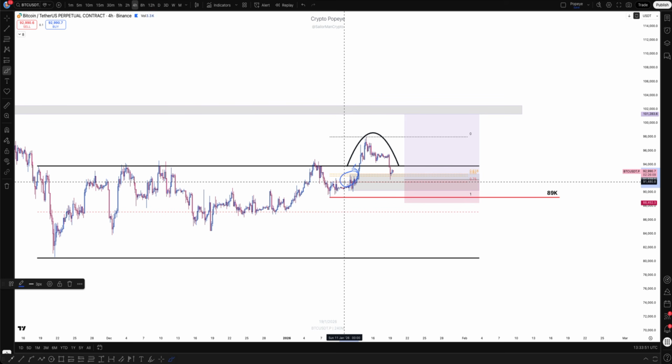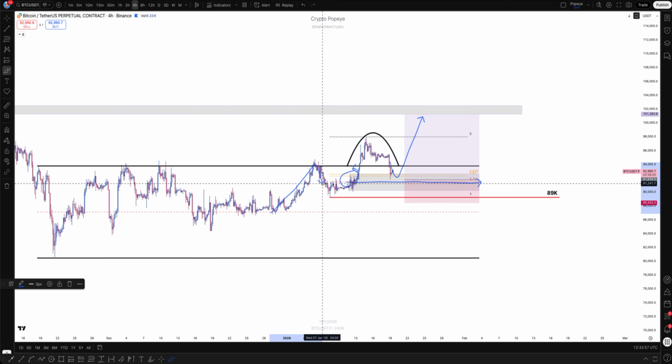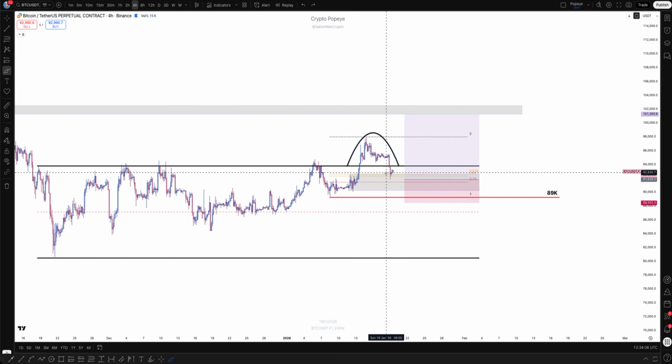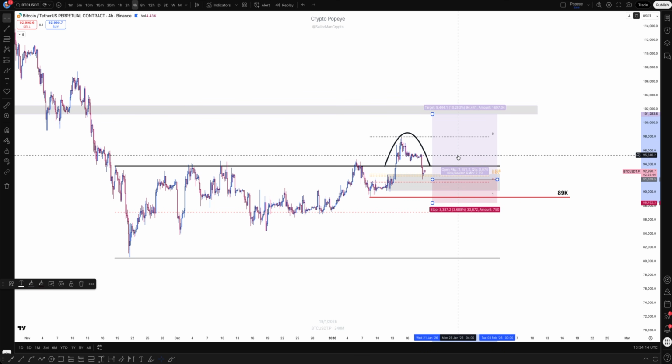The 0.75 level that is here. So anything here could bring us the next leg up of this structure that we see here. So this is the first possibility for a long, that is more or less around the current price, and is a position that could have been filled also